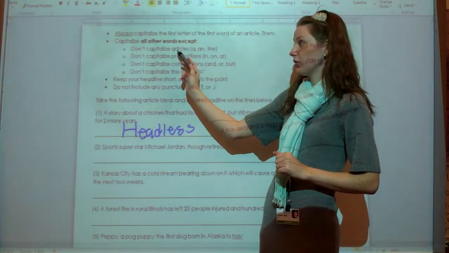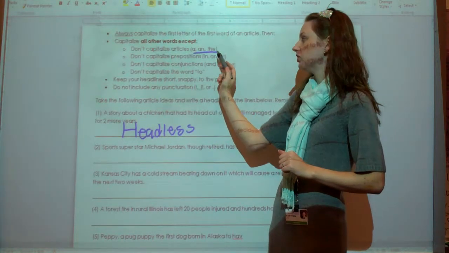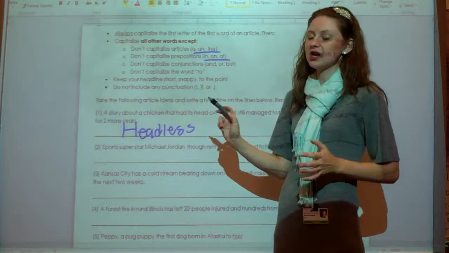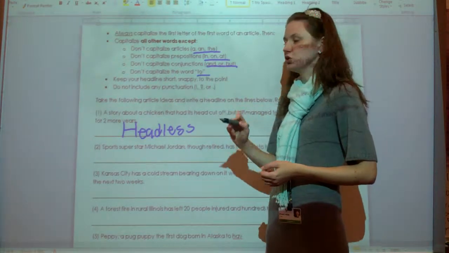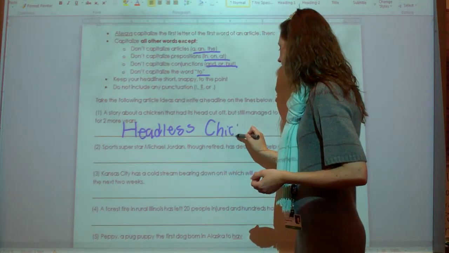Now, all the other words will be capitalized as well, as long as they don't have an article like a, and, or the, a preposition which tells a place, a conjunction, or the word to. So headless chicken